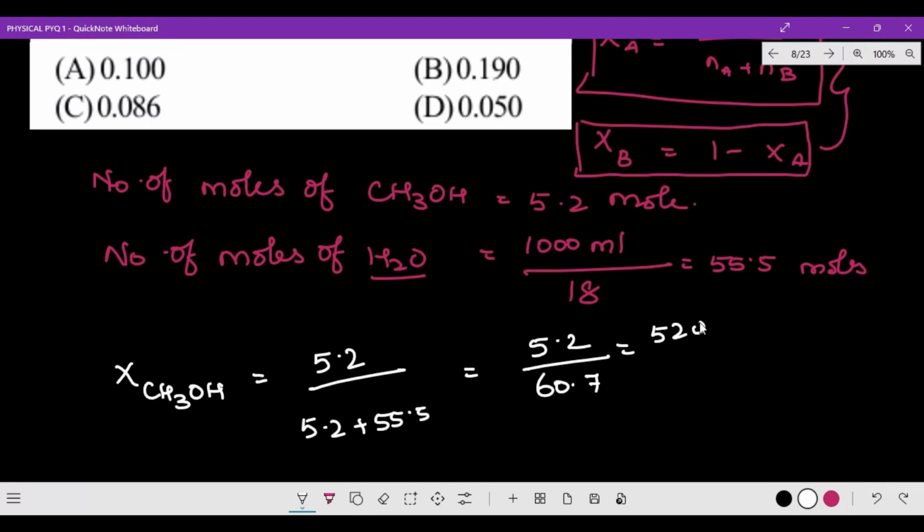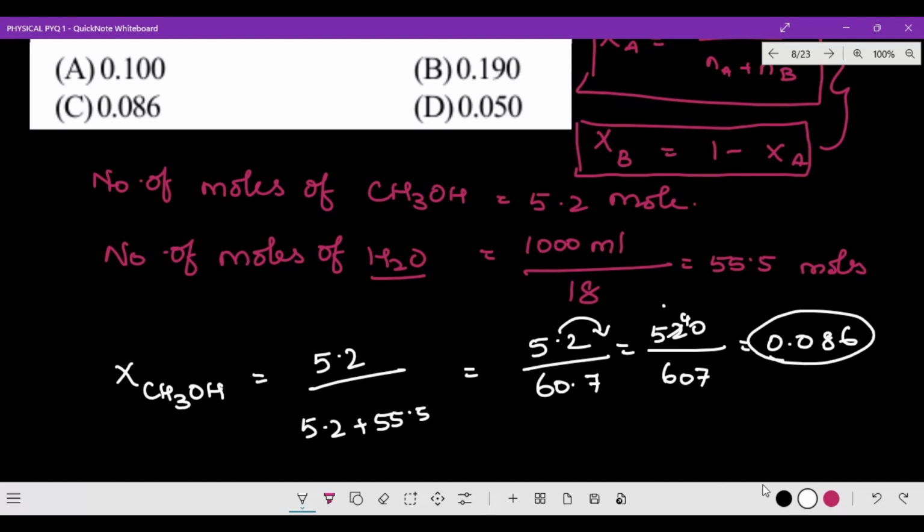So if you calculate 520 divided by 607, you get 0.0 and then digits keep coming, right? 6 ones are 6, 6 eights are 48, right? 48 means 4 is remaining, no? So 6 sixes are 36, 6 sixes are 36, no? So we get 0.086. Yes, got it.